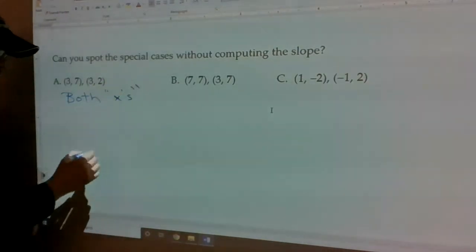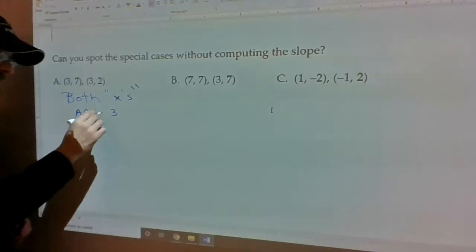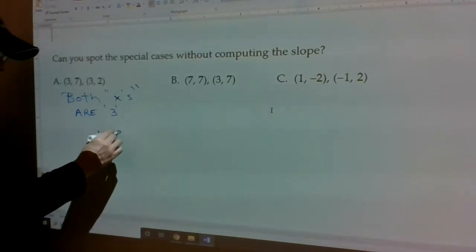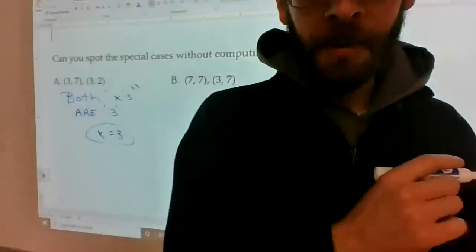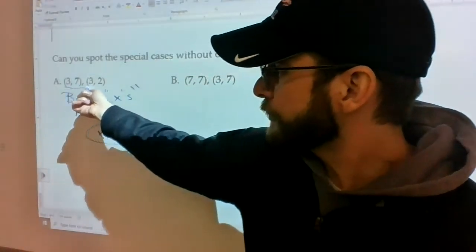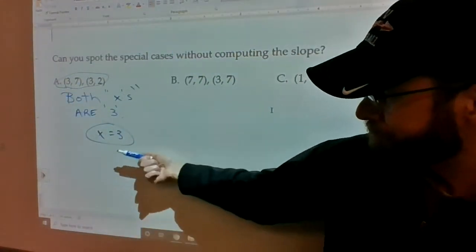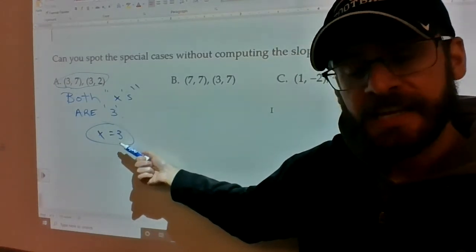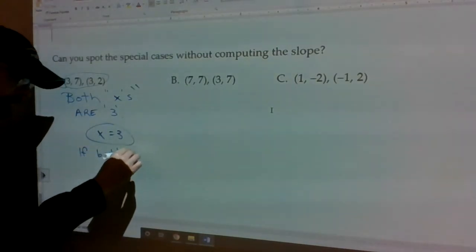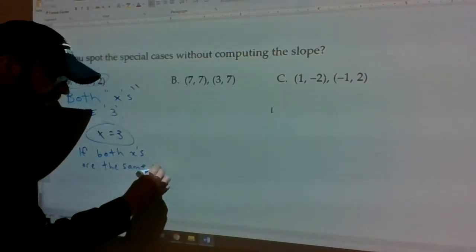Both x's are 3. You know what the equation of this line is? X equals 3. It's a vertical line with an undefined slope. I'm done. That's the equation of the line that passes through these 2 points. If both x's are the same value, it's a vertical line. If both x's are the same value, as you see in part A,